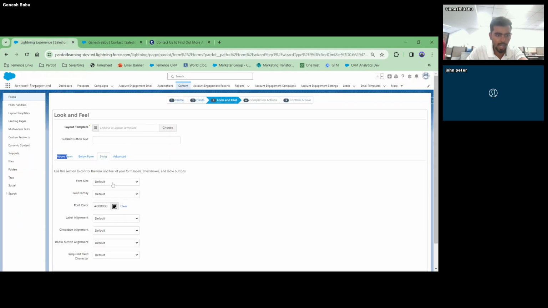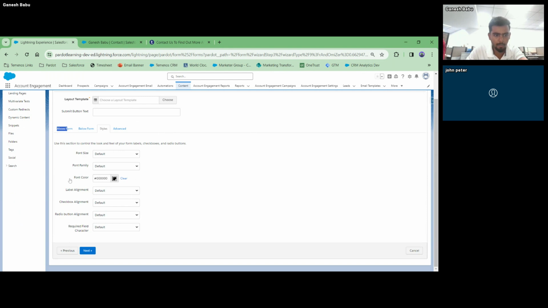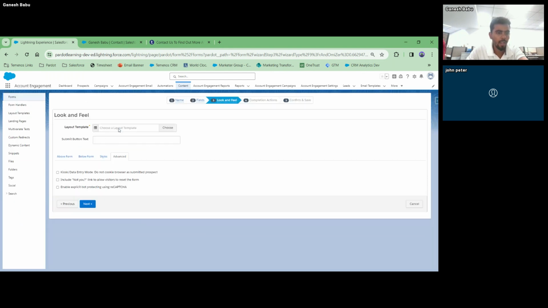You can do some styling here, the font size, family, and all of it. And here you can enable the reCAPTCHA. This is the bot protection, right? You can enable this. You can also enable the not you link, right?